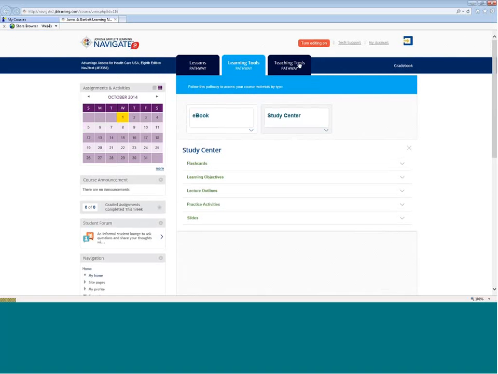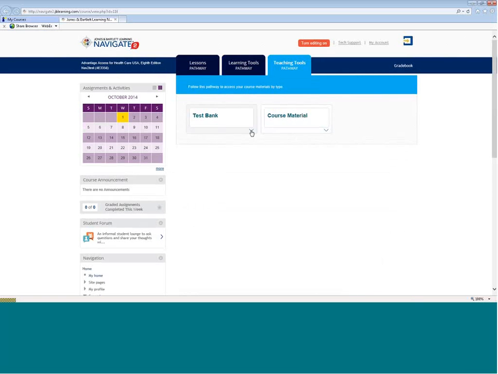Then lastly, we have another tab that's called the Teaching Tools pathway. And in the Teaching Tools pathway, there's a couple of things. We have the course materials that you would traditionally use in the classroom. So if you wanted to teach directly from Navigate 2, you have the ability to do that. So we've organized by product type for you as well, but we've also added some additional tools and resources like